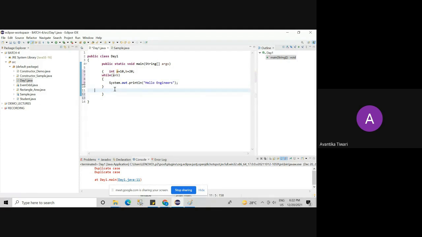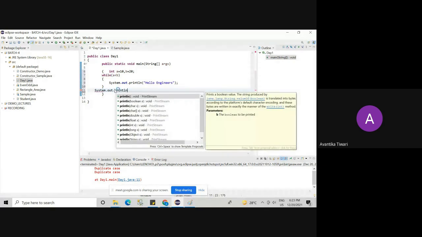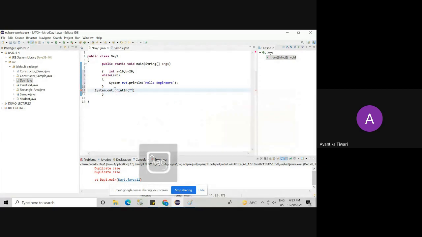And here I'll keep some statement outside the while loop so that if the condition is false, it should resume the sequential execution, right? System.out.println, hi kids. Clear? So now tell me, for this program, what would be the output?